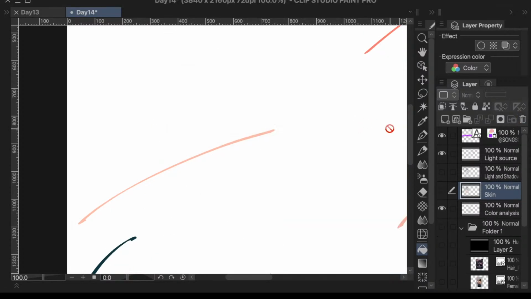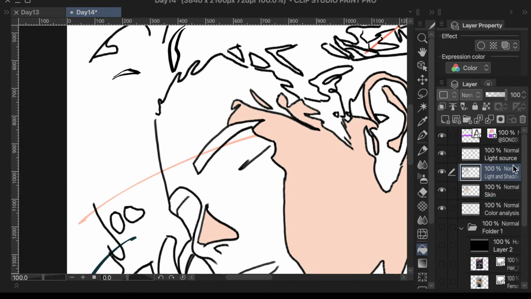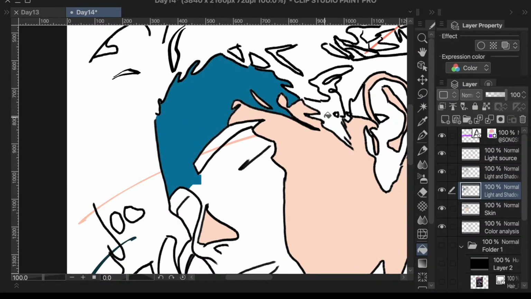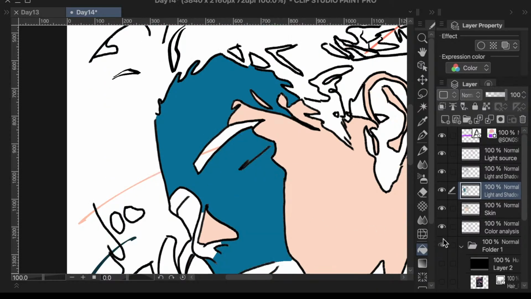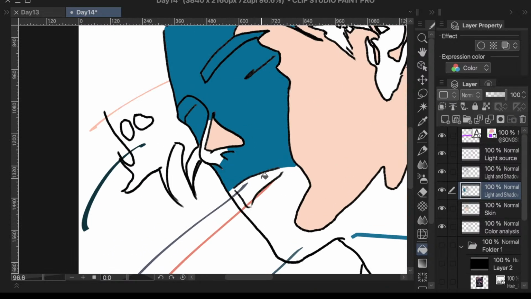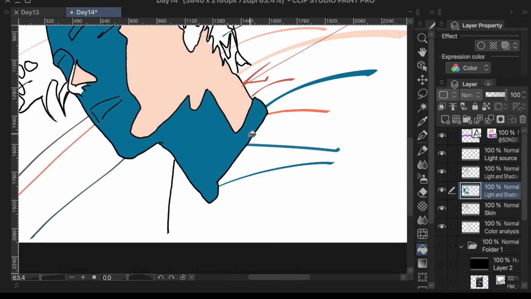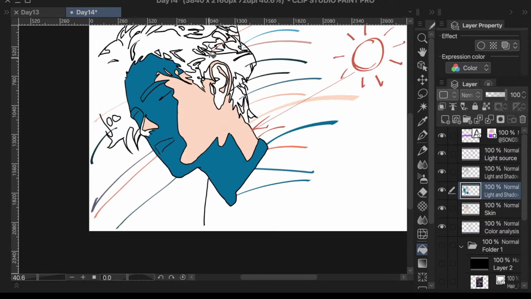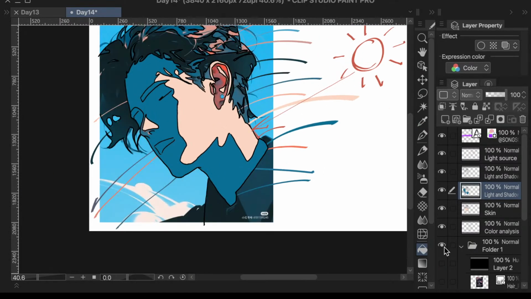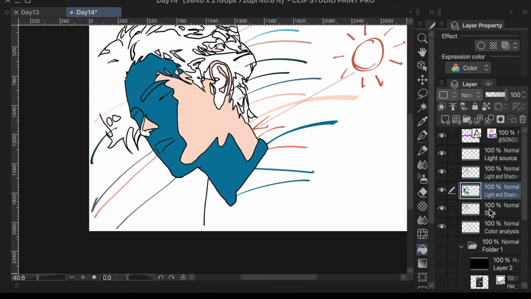Oh, oops. I was supposed to duplicate this. Shortcut away. Let me start off with highlighting the blouse, this color as well. This is what I want to focus on. Right. First shadow, and